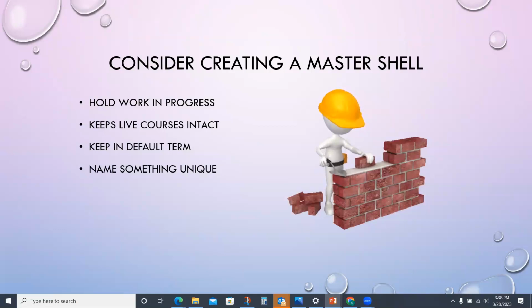Courses get canceled, they change, they get reassigned, and then you end up with the shell that you've been working in is no longer there, or it's assigned to someone else. So you can always create a shell for yourself, do all your work in that, and then you have it on your dashboard. When you create it, I recommend keeping it in the default term.